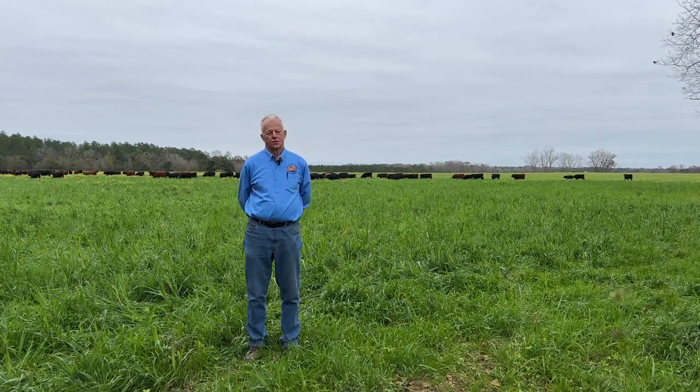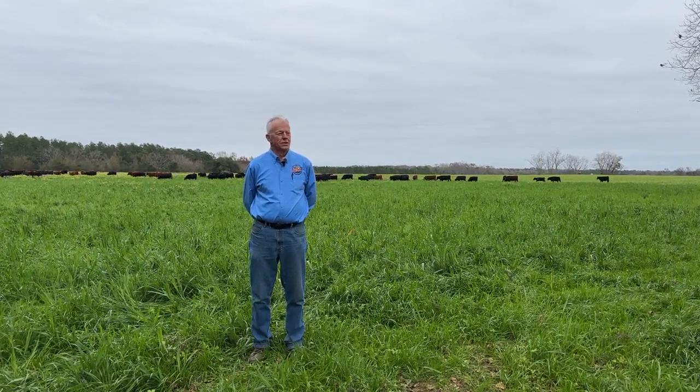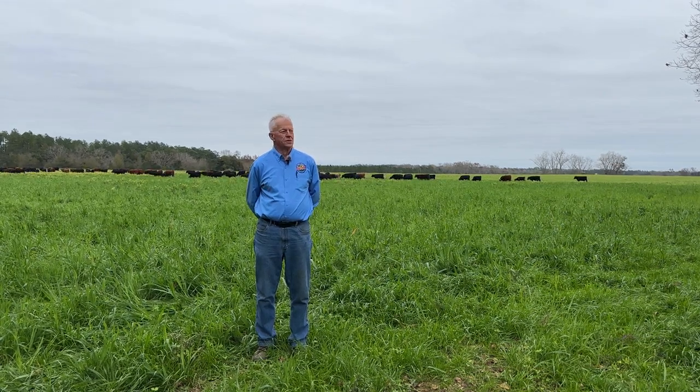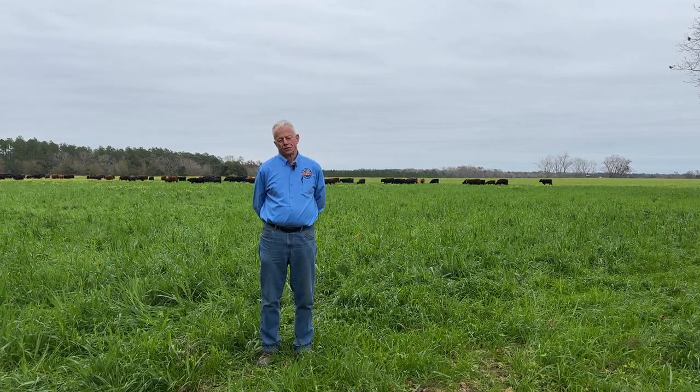So this has been a fun project. This is a unique piece of property. We're just right below I-10 in Baldwin County, Alabama. Our U.S. Wellness has produced beef on this farm for 12 or 13 years. And there's not a better place in the United States to be producing beef from mid-December through the end of